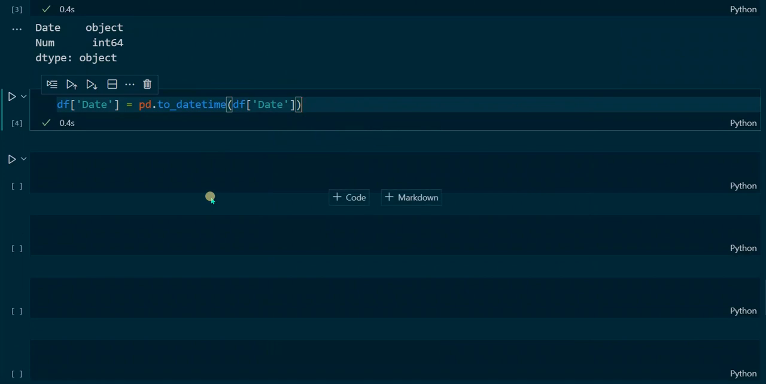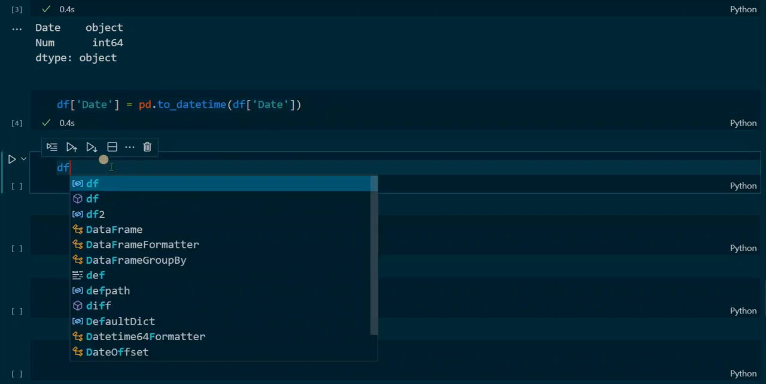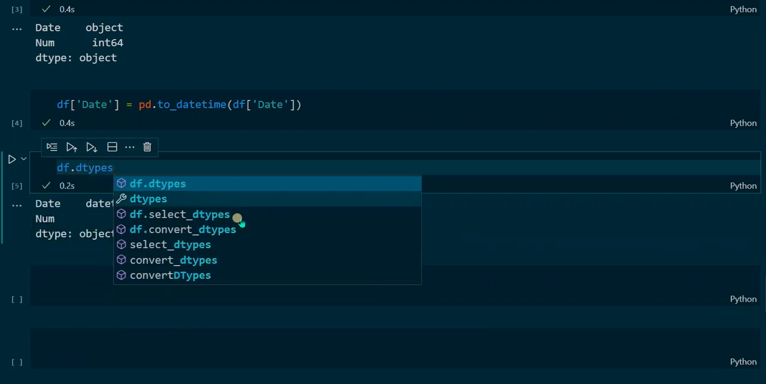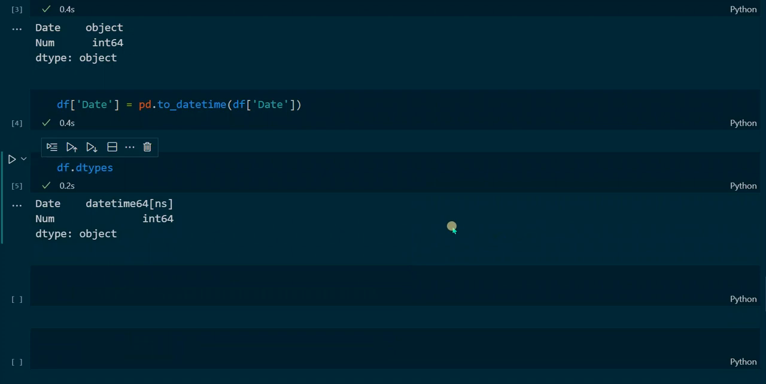And now the date column should be of the datetime data type, and we can prove this by again checking the data types of the data frame. dtypes, and now we can see that the date column changed to datetime data type. So now Pandas sees that as a date value, and now we can